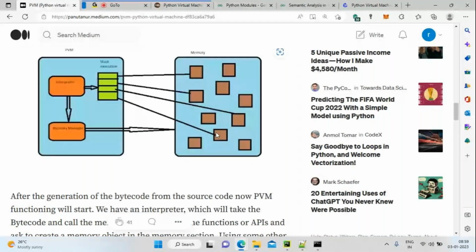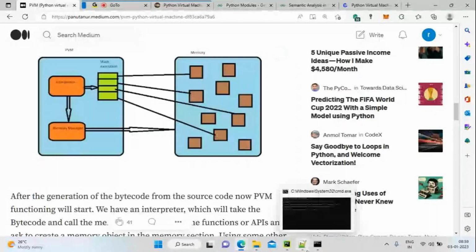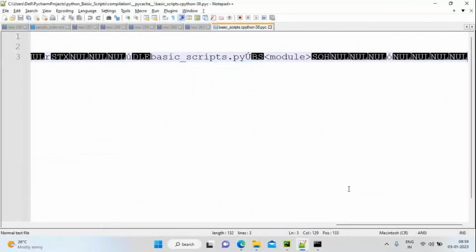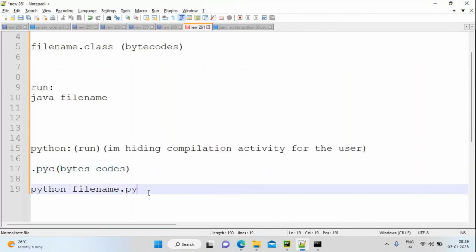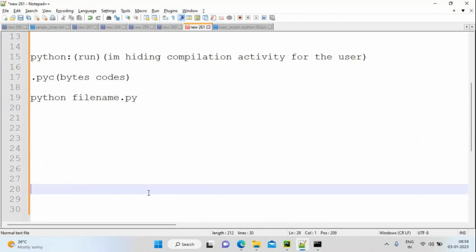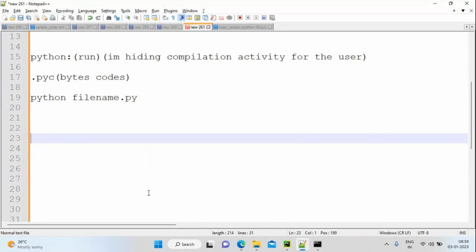You might have a question: what is an object actually? In this world, everything is an object. Now I'm going to give you an example. I'm going to take one new notepad. I'll take one object as dog.